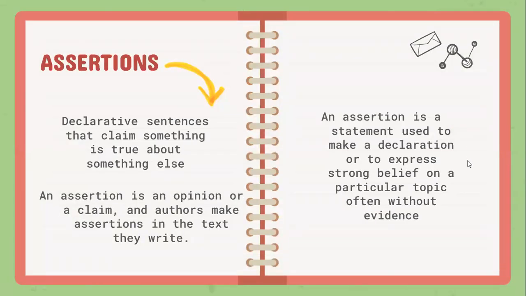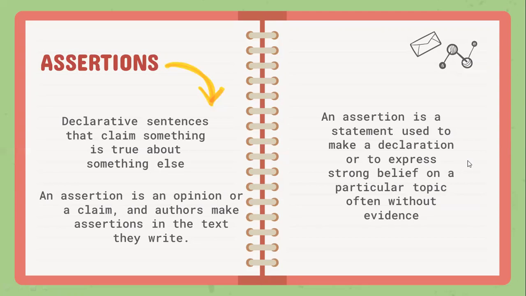First, what are assertions? Assertions are declarative sentences that claim something is true about something else. An assertion is an opinion or a claim, and authors make assertions in the text they write. So, here is another definition of assertion. An assertion is a statement used to make a declaration or to express a strong belief on a particular topic,